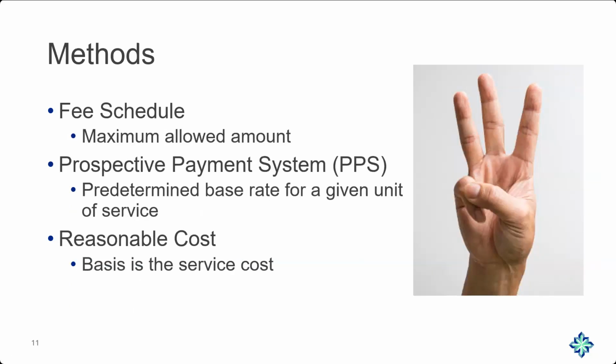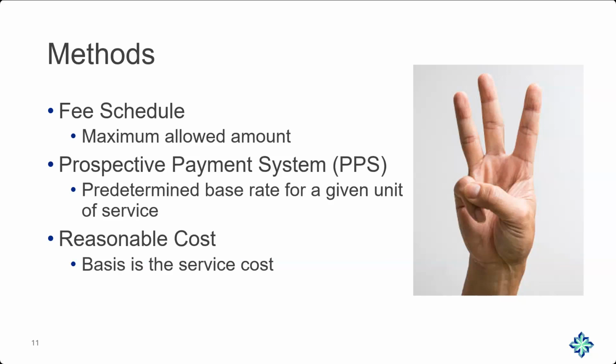All right, so when we talk about Medicare and traditional fee-for-service, a little bit of the basics here. We do offer 3 different base methods. One is fee schedules. These are maximum allowed amounts as set by Congress based on a formula. Now, Congress doesn't go out and say it's $20, it's $30. What they do is they set a formula. That formula is then used to establish how much the fee schedule changes each year. So it has a variety of different components.